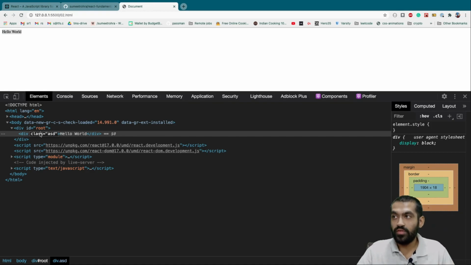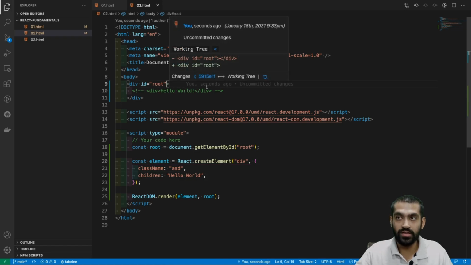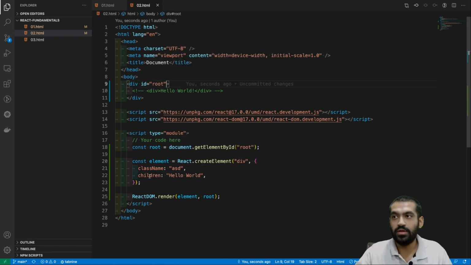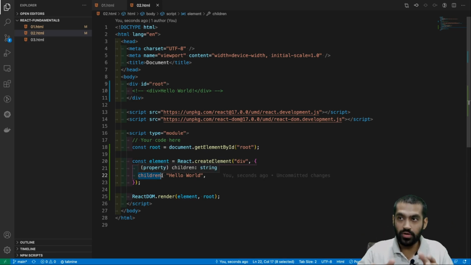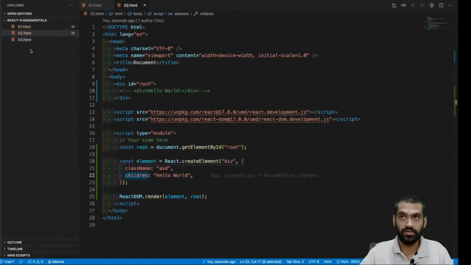So we always use className whenever we are writing React code, when we have to give classes to our divs, or any other HTML element. And then whatever we have to put inside that div element, we have to pass it as children. So our hello world came here as children. Okay, you can see this. Yeah, this is the hello world that is being rendered here.